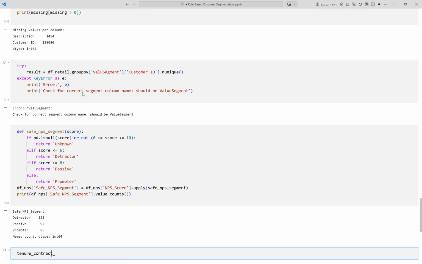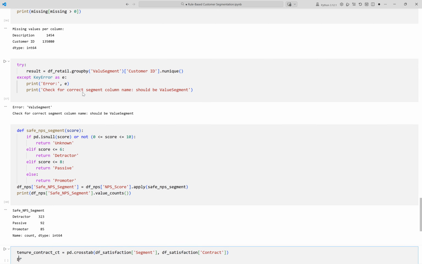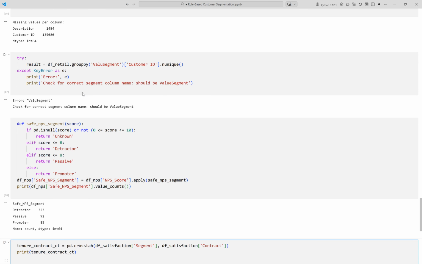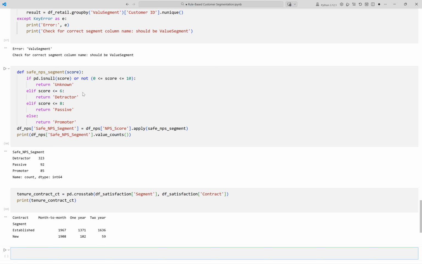Cross-tabulating segments reveals how segments overlap and where to focus. Here we summarize how tenure and contract type categories combine. Running the cell now. This table shows the count of customers in each contract type segmented by their satisfaction group,